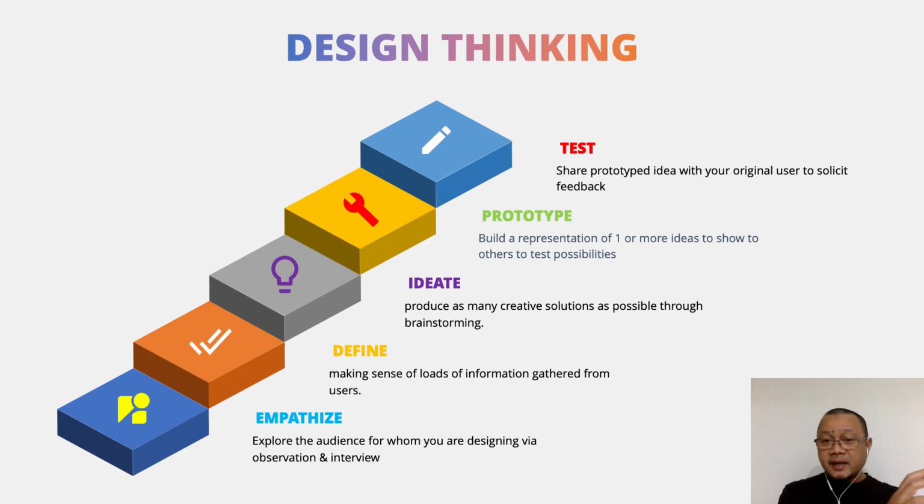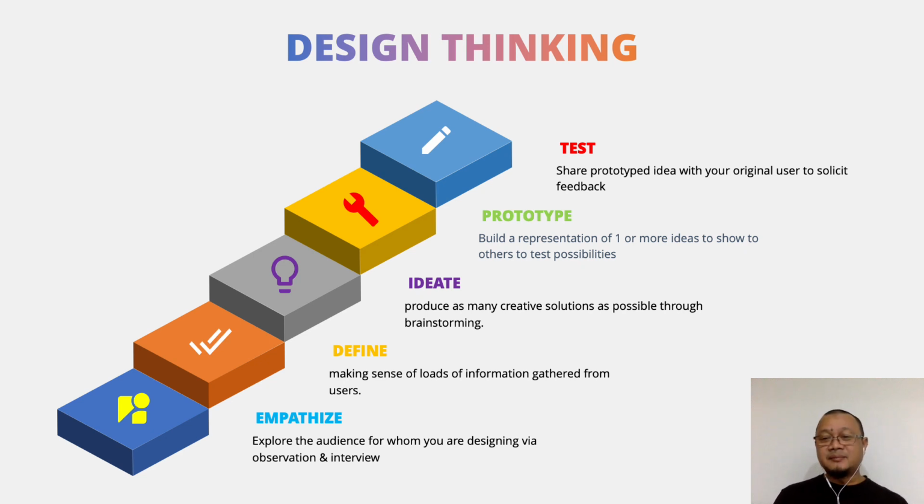Then, based on the important points of view gathered in phase 2, together with your team, you brainstorm to produce as many ideas or solutions or products or proposals, whatever you want to call it, that you think can meet the customer's needs. After that, you pick the best one or the closest solution to users' needs and expectations and